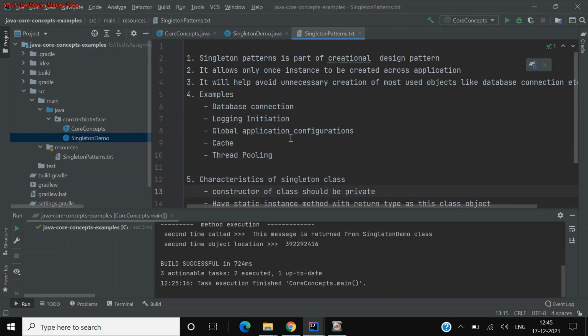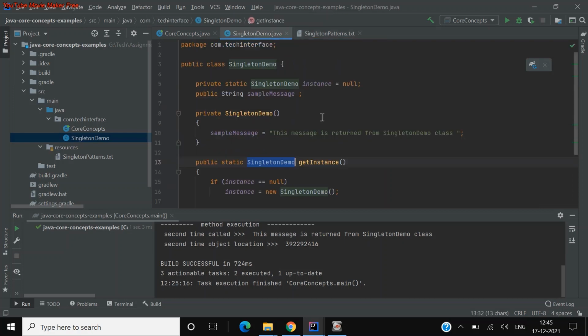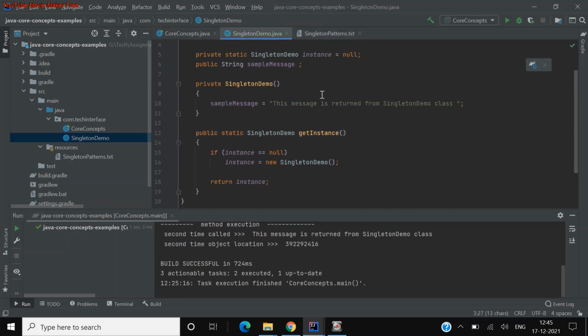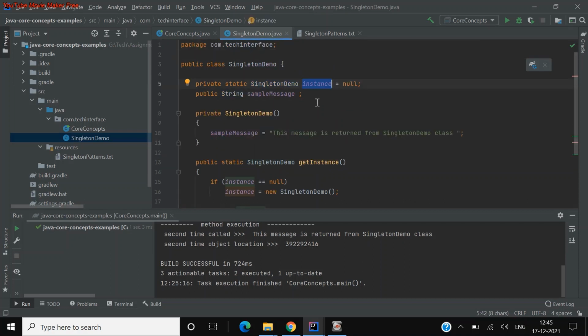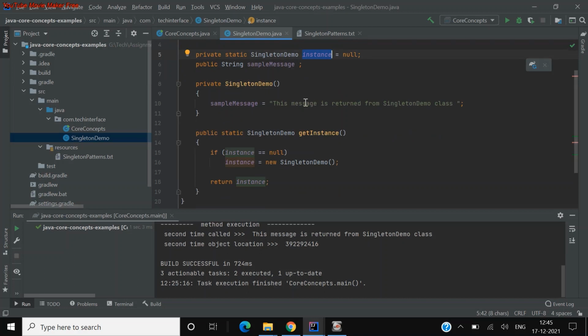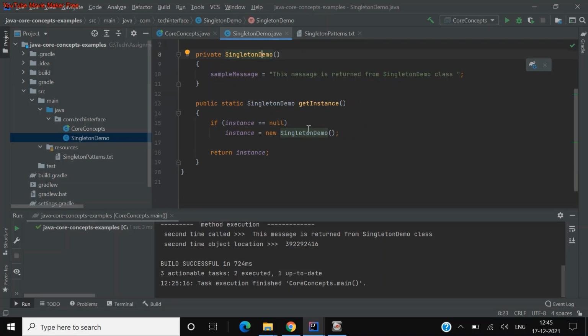So I just created one singleton demo class here. Let's see how it looks. I just gave the name SingletonDemo. This is just an instance I'm creating because I want to return this class as a singleton object. I've created a message to show you how it works. In the private constructor, I just added one simple string message. So I want to export it, in the sense I want to return this class as a singleton object whenever somebody requests it.